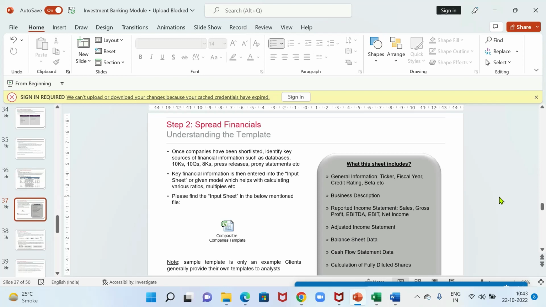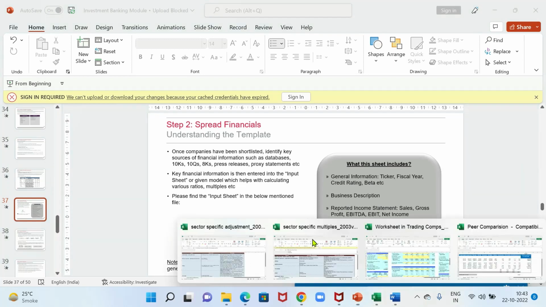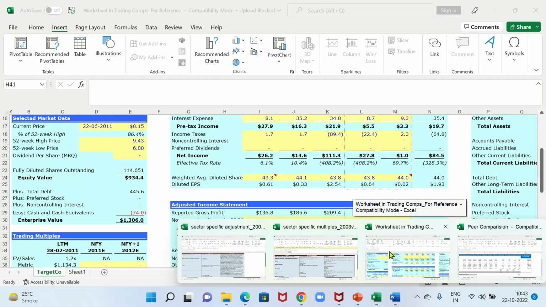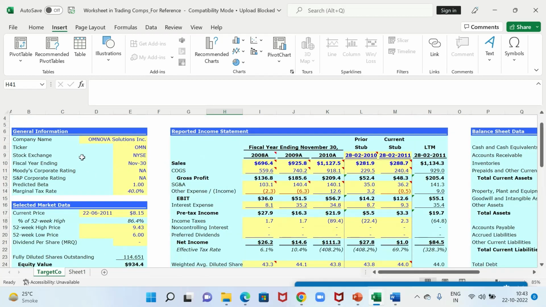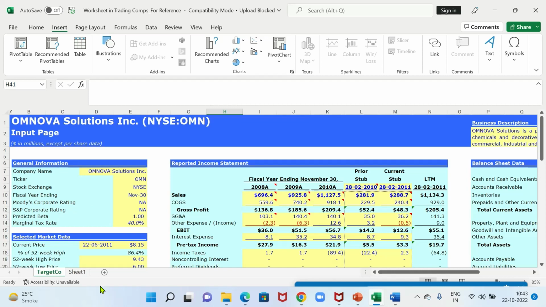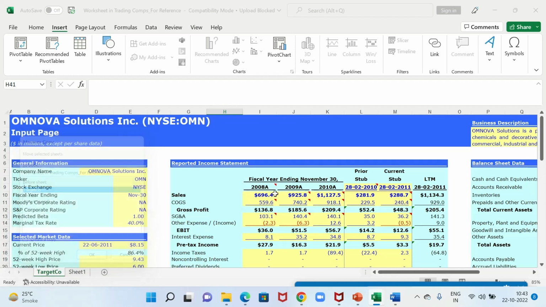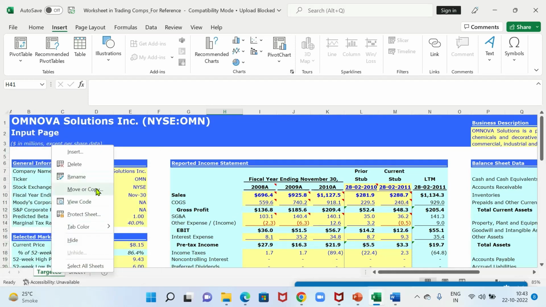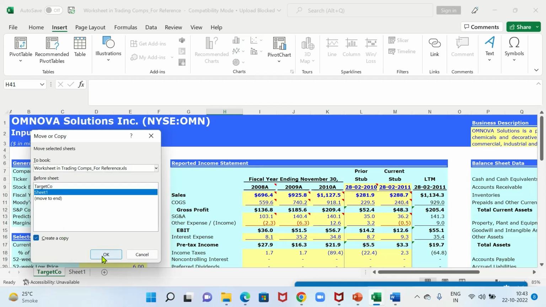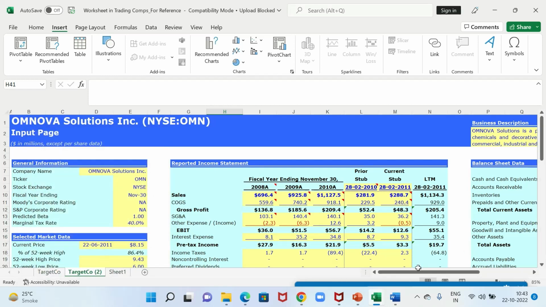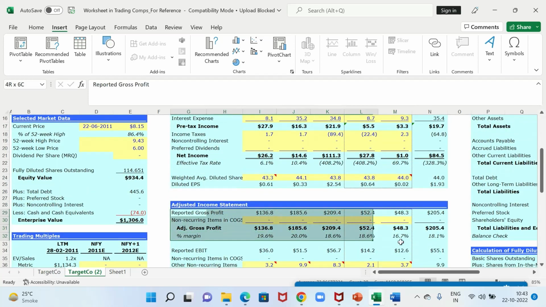So now the most important part is to spread the comparables. So suppose this is one company, we might need to either delete everything and then make a copy of it, create copies, and add on those copies. If we have five companies, then we need to spread financials for all of them. How will we do it? I'll just walk you through. Before I walk you through, I need to touch base upon a few adjustments that we need to do.